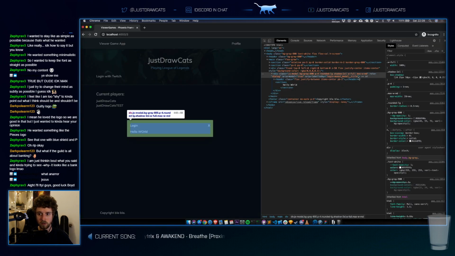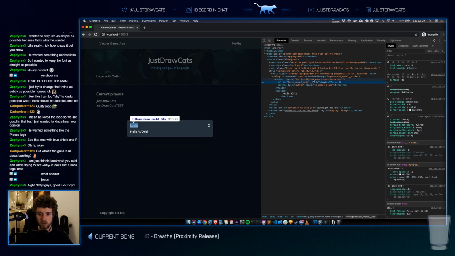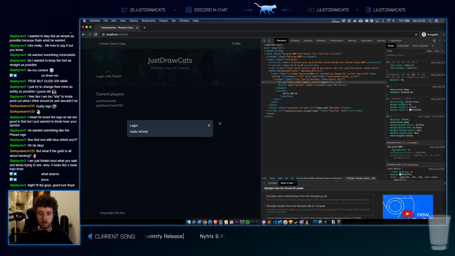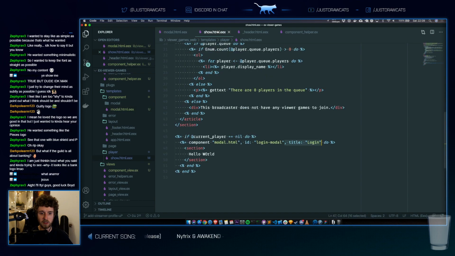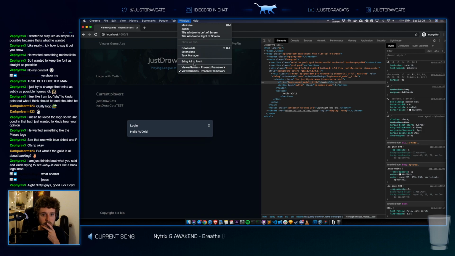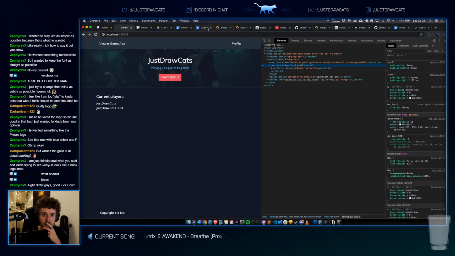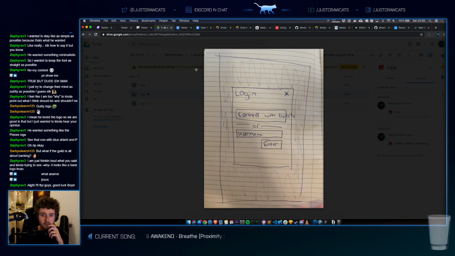Login modal title. This corresponds to this. Yeah. Cool. And now we have to specify the HTML here. So let's take a look at the user store, the thingies here.